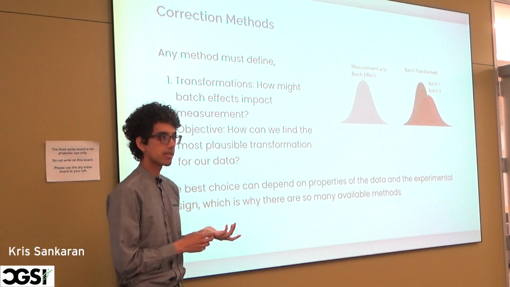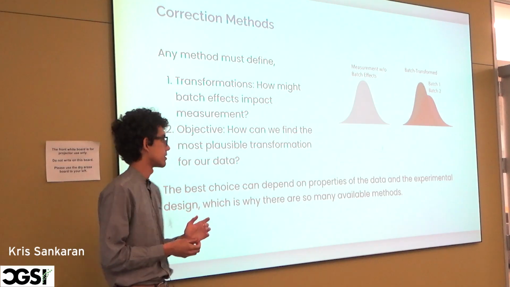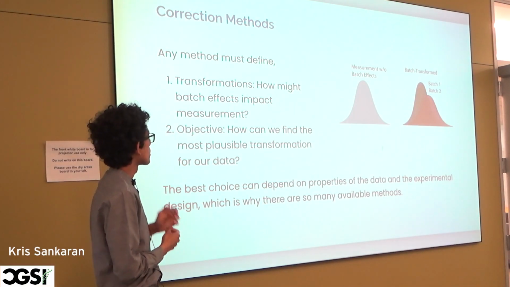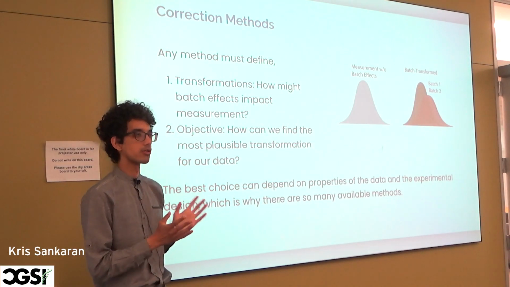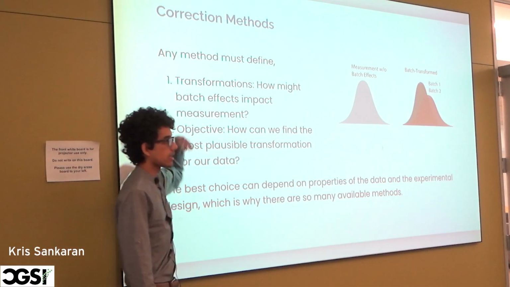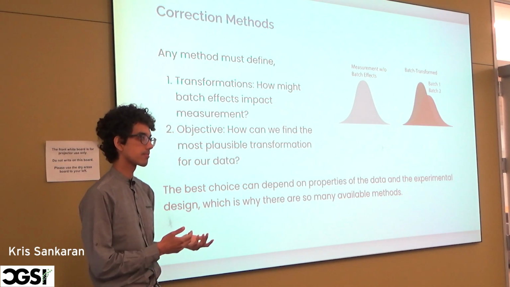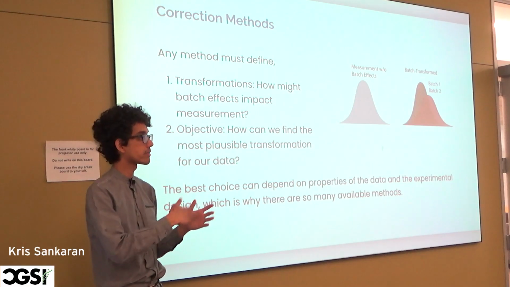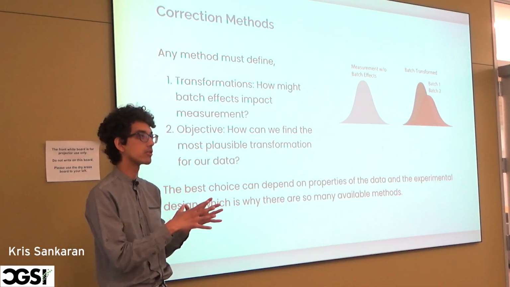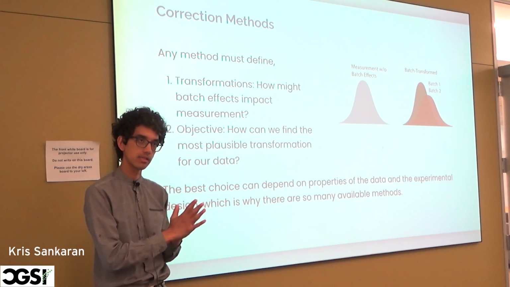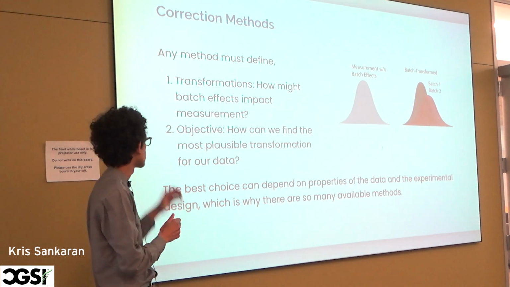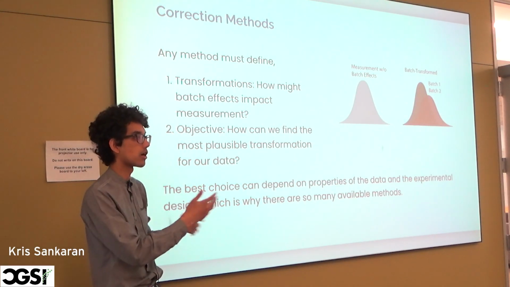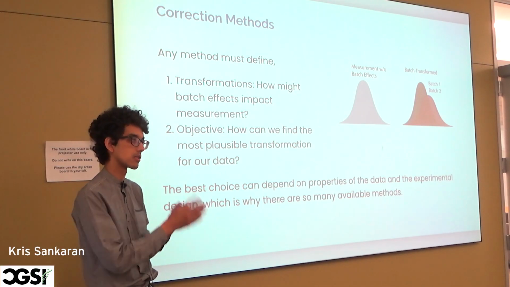We're going to be focusing on correction methods, because I think this is probably the more general interest, and there are lots of methods out there, so I want to make sure you know how to navigate those. How you can compare between all the different proposals out there. One, think about what kinds of transformations are allowed. Some batch effect correction methods are going to allow really complicated transformations from one batch to another. Others are going to restrict you to very simple transformations. So that's one axis on which you think about them. And then once you know the family of transformations, how does it actually select? How does it optimize across all those potential transformations? These are the two things you need to figure out before